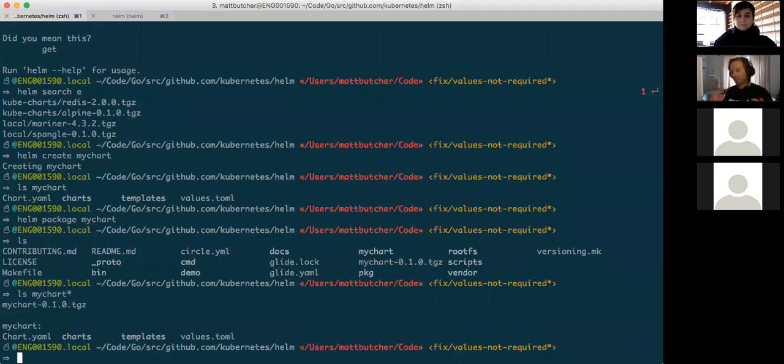So basically what we're doing now is we've got three big parts. Here's sort of the summary, right? We've got the command line Helm utility, which communicates with the server over gRPC. We've got the server side component, which is Tiller, whose job is basically to take packages, deploy them into Kubernetes